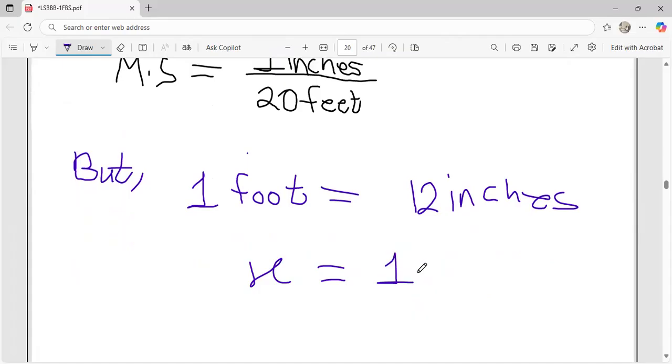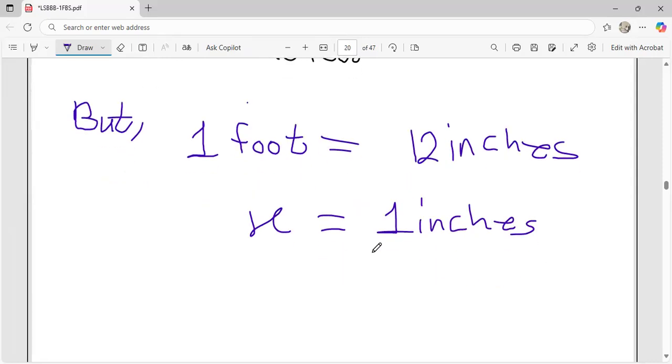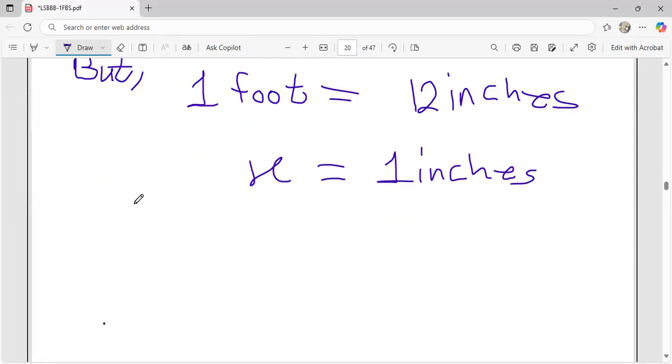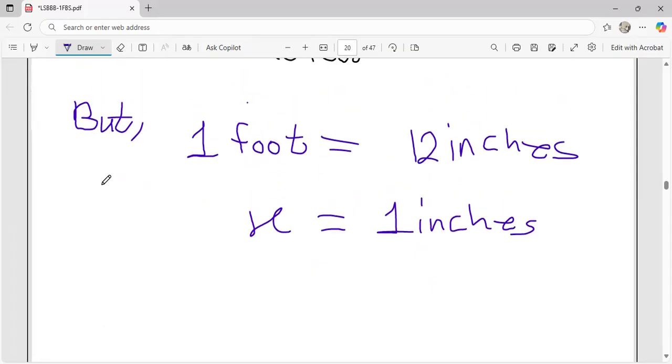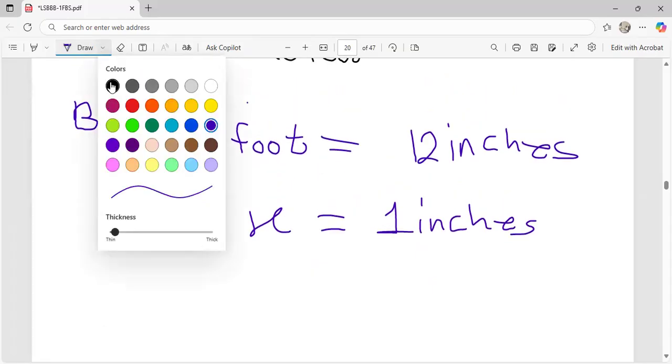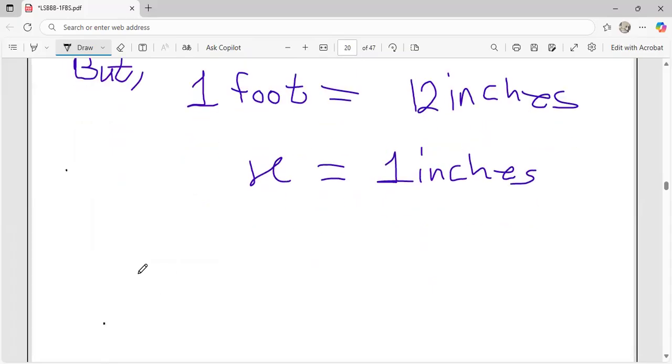Okay, so let's put the 1 inch over here. So it implies that we have to make X the subject. So if that is the case, from transposition or from cross multiplication, we're going to realize that our X is now going to become what? 1 inch. Okay. The 1 inch times